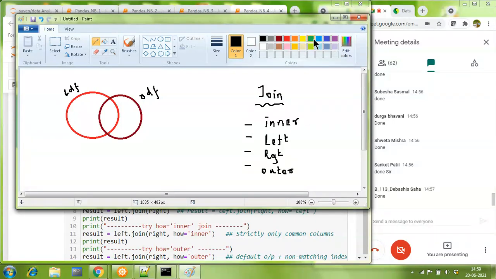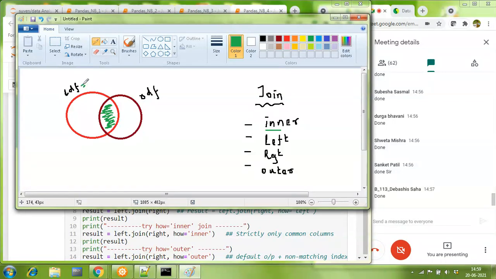Now, if somebody says he wants an inner join, then he is looking at the part which is only common between the two data frames. So only the records which are common in both data frames.